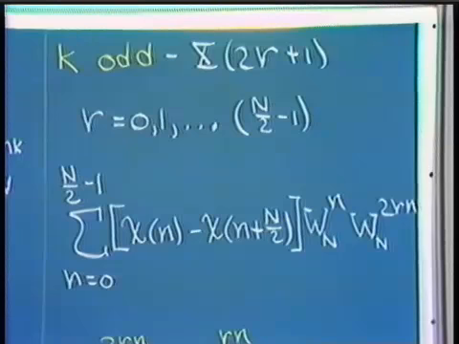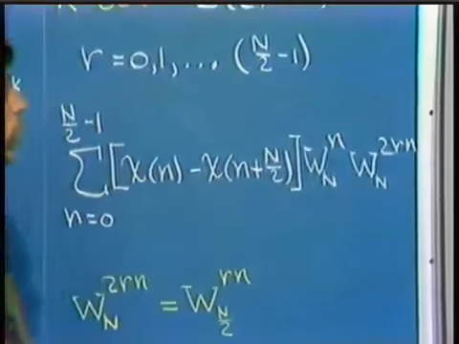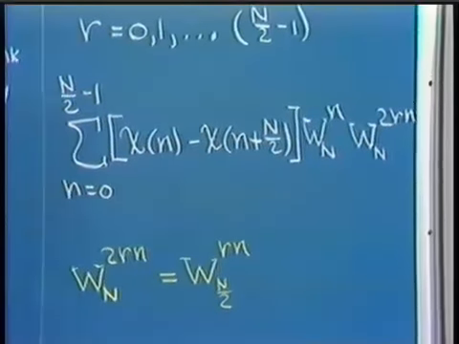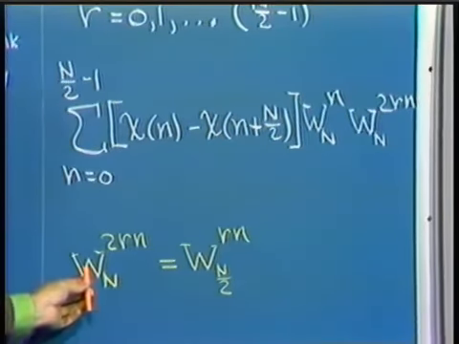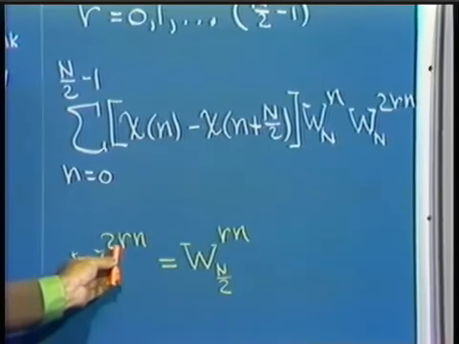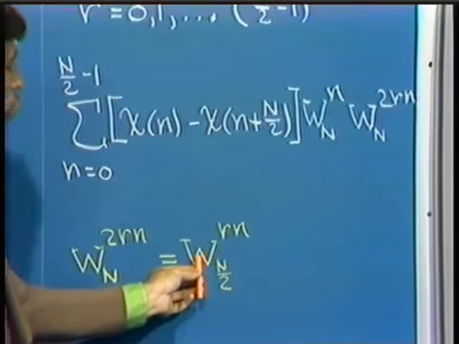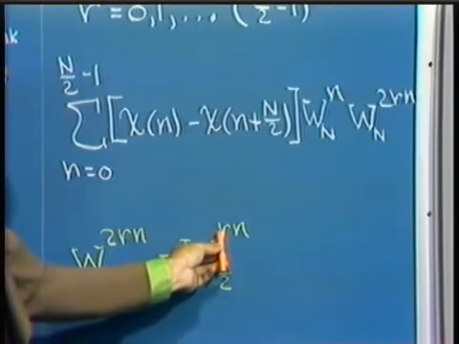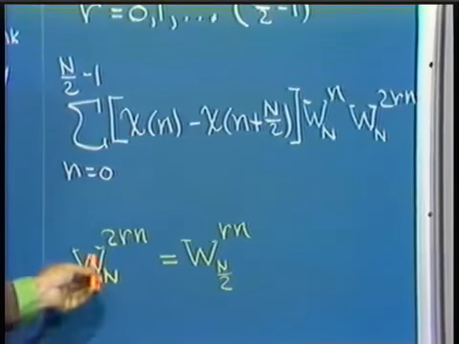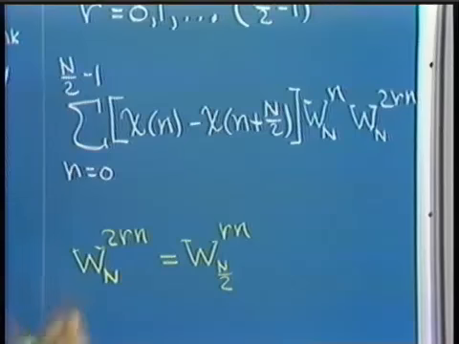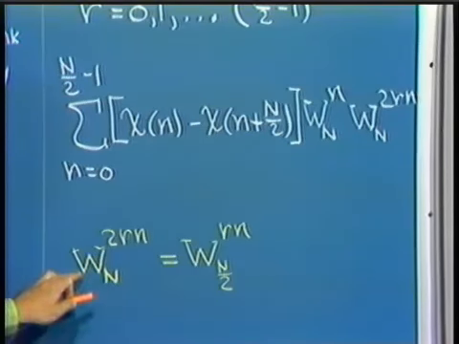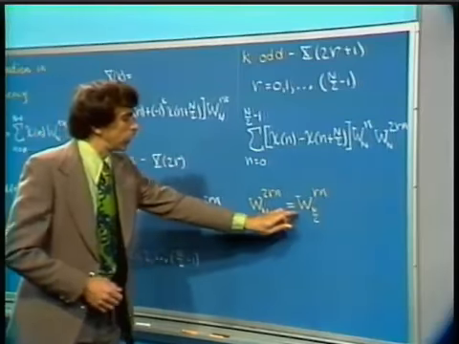Now, finally, we can take advantage of the fact that W sub N to the 2rn can be written in terms of W sub capital N over 2. In particular, W sub capital N to the 2rn is equal to W sub capital N over 2 to the rn. And we utilized that fact also in deriving the decimation in time form of the algorithm. It follows simply by substituting into the expression for W sub capital N. All right, finally utilizing this,